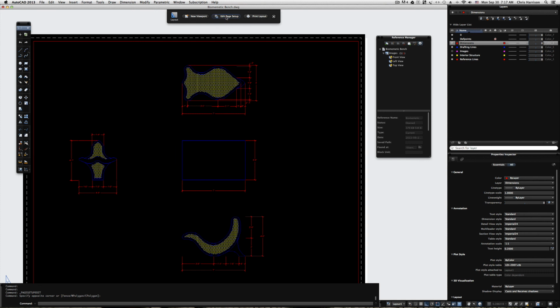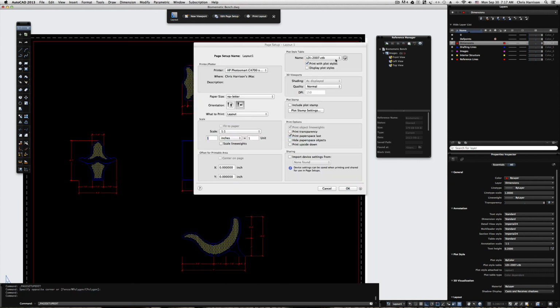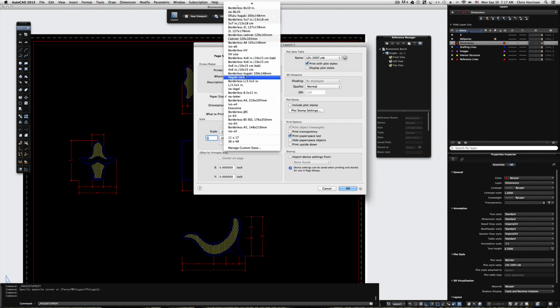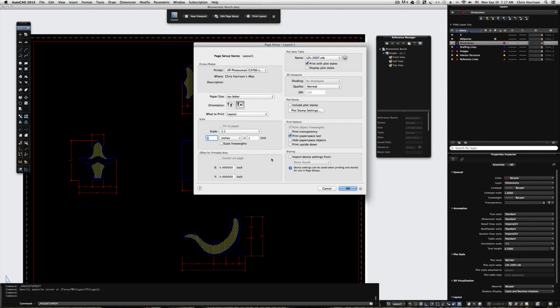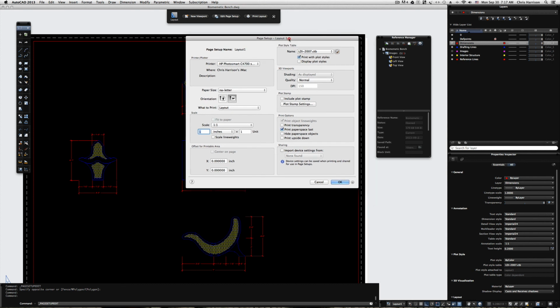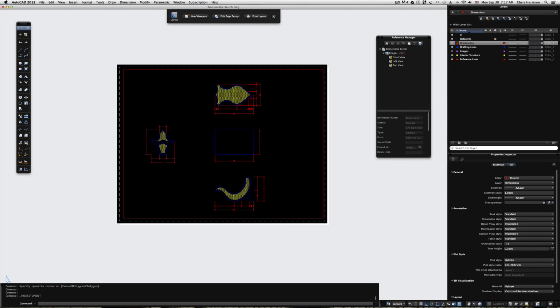So anyway, you'd go to Edit Page Setup. Under your Plot Style table, you would select Sasaki. You should go DWG to PDF for your printer type. I don't have that. I'm on a Mac, so I'm using letter. And you can manage custom sizes here and do different things. But we're using 8.5 by 11 for this, so that's fine. Making sure that it's in landscape and not portrait for this, and I selected OK. Now I've done that already,